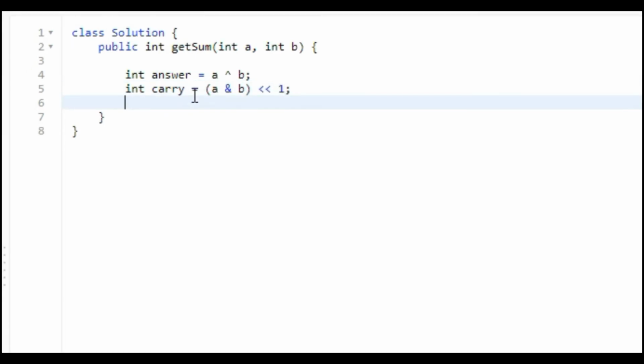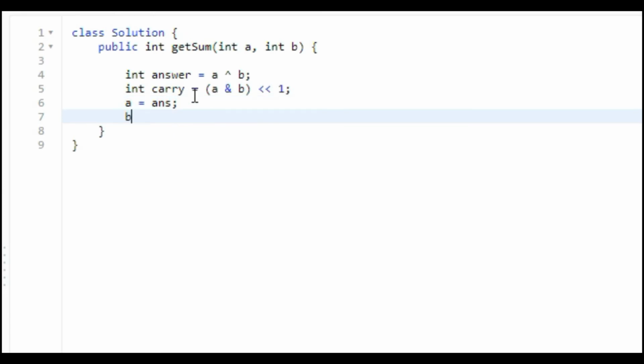Okay, next update a with answer and b with carry, and yeah, we need to perform these operations again and again until the carry becomes 0.